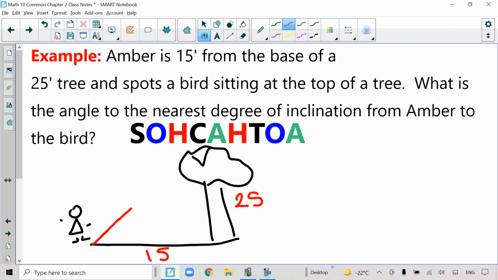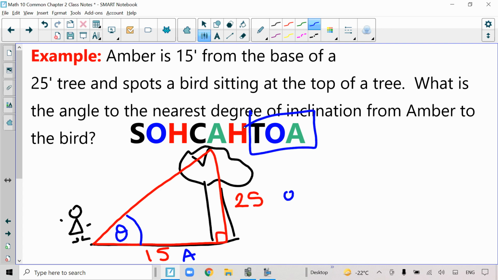So if I were to make a triangle, there's the bird, there's the tree, there's the ground, meeting at a 90-degree angle. Inclination is from the ground up. So I want to know this angle there. So let's label our sides with that angle there. This is opposite, this is adjacent. We are looking at tangent. So let's write that out. So tangent of my angle is opposite 25